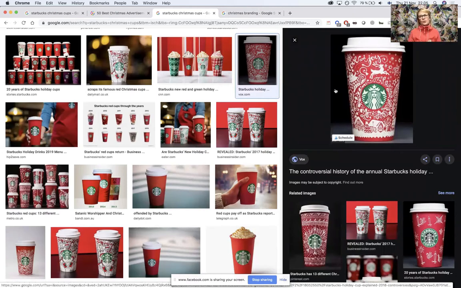So you're not going to change your logo. You're not going to change your brand fonts. That doesn't mean that you can't bring anything new to a campaign. Like I said, campaigns have a little bit of liberty, so you could bring in an additional font for a very short period of time that works for that campaign. For instance, here you see love and joy written on this cup. It's not a font that Starbucks necessarily uses anywhere else normally, but for this particular purpose, they've brought in one additional beautiful font just for this one campaign.